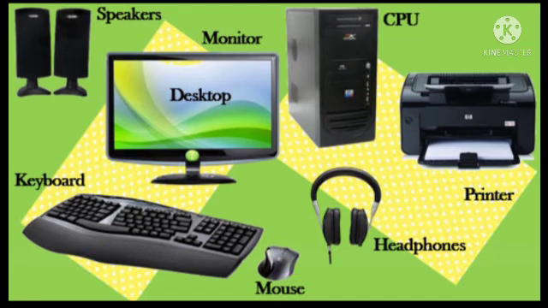Keyboard, mouse. The next one, CPU is the central processing unit. So this one is called the brain of the computer. The main part of the computer is the CPU. CPU has 3 parts. First one is memory unit, second one is control unit, third one is arithmetic and logic unit. So memory unit is used to save the information. Control unit does the work of getting the input, processing, and sending the result as output. Then arithmetic and logic unit is used for mathematical operations: addition, subtraction, multiplication and division.